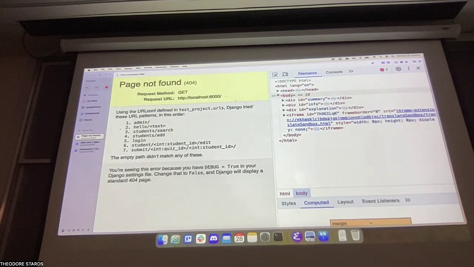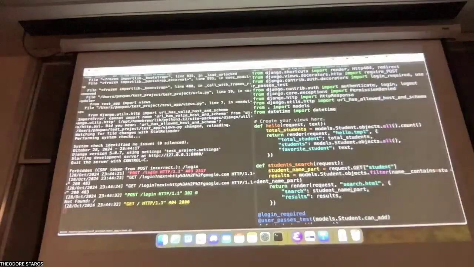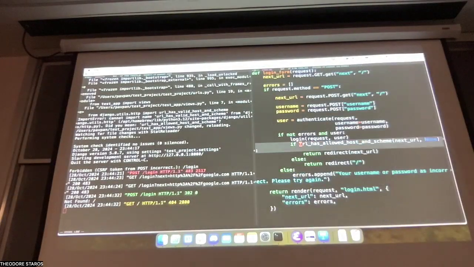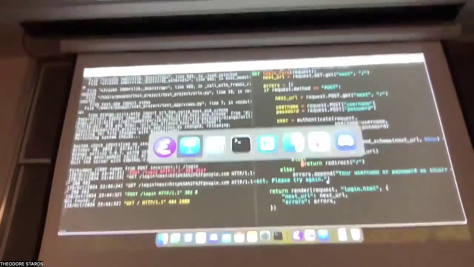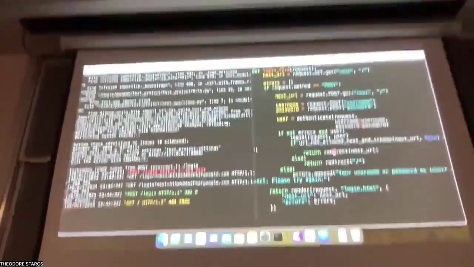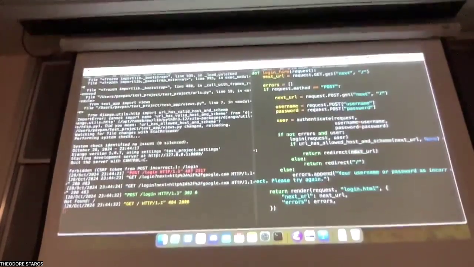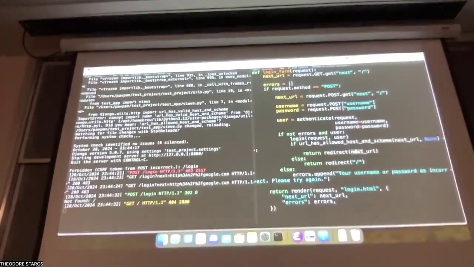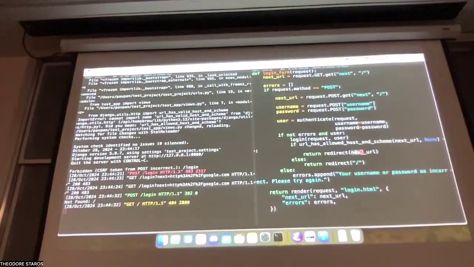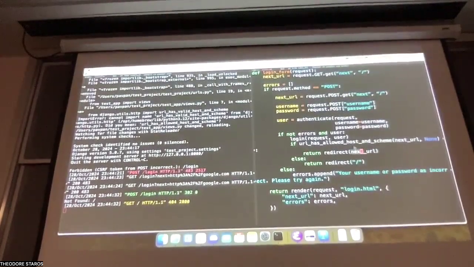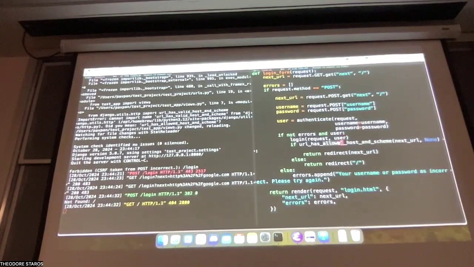Here it is now, redirected to the / URL. Now that URL doesn't exist, but it went through this else clause where it redirected, so I didn't end up redirected. So anytime that you perform a redirect, you need to look at where that URL came from. And if the URL could possibly come from the attacker, you need to make sure that you perform this url_has_allowed_host_and_scheme